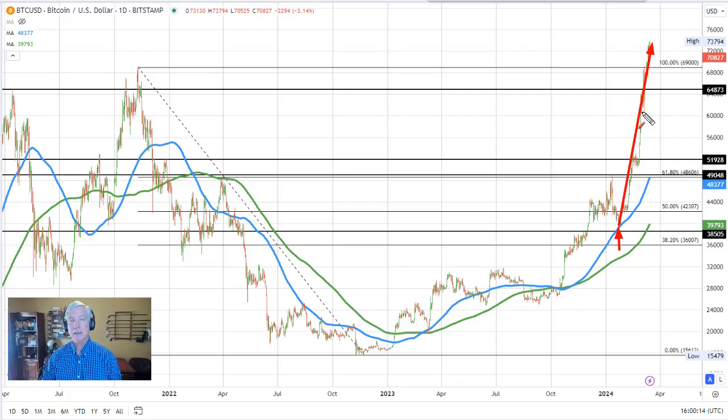Needless to say, technically, if I put an RSI or stochastic on here, it's probably showing well overbought conditions, but it's probably been overbought for an extended period of time now. That's the thing about RSIs: even though they can be overbought, they can continue to get more overbought, and that's hard to pick a top. So we have to find some technical level that would give us more confidence that a top is in place, and also give us a level where we can define risk and limit risk.